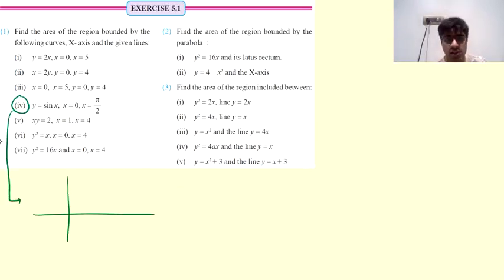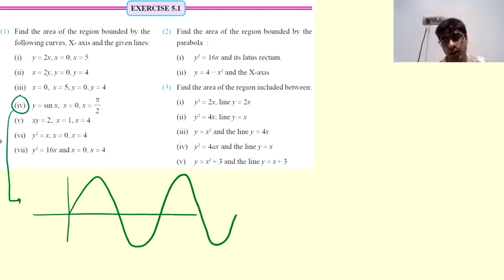We continue with the fourth one. Y equal to sin x. The graph of sin x looks like this. That continues up till infinity on the right hand side. Even on the left hand side, it's going to continue up till infinity in a similar manner. That's your x and that's your y axis. You need area under this graph. This is the graph for y equal to sin x.